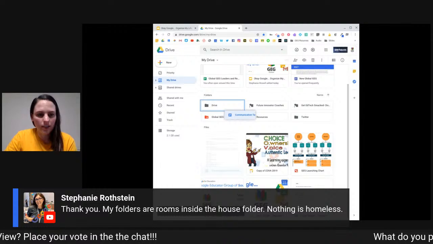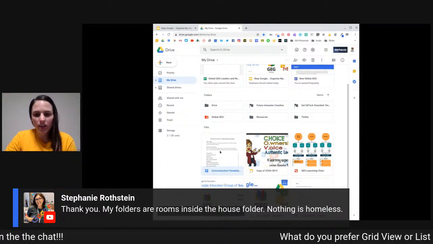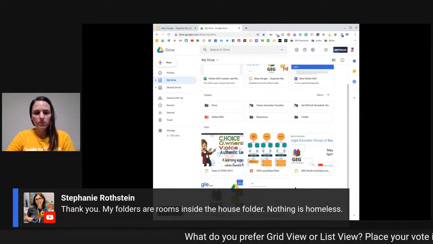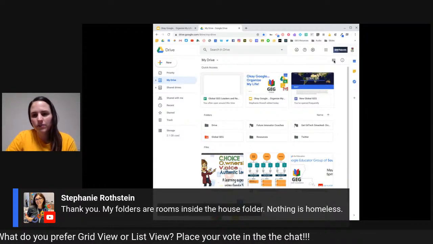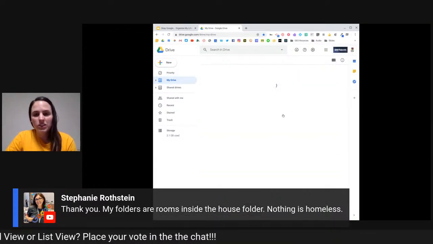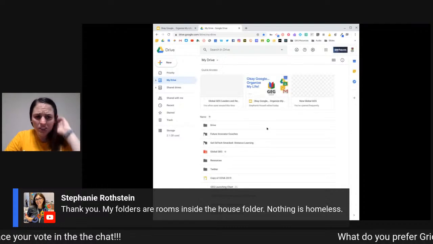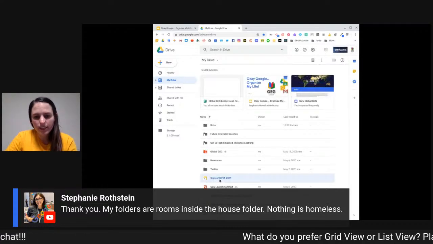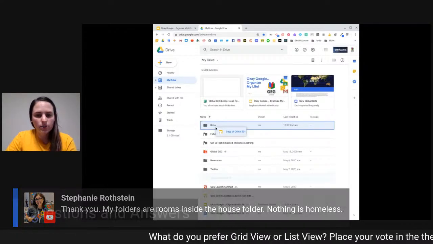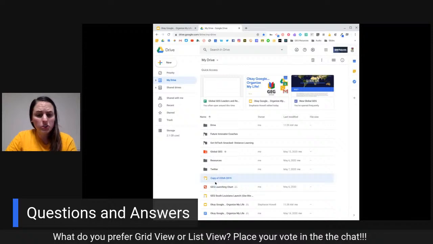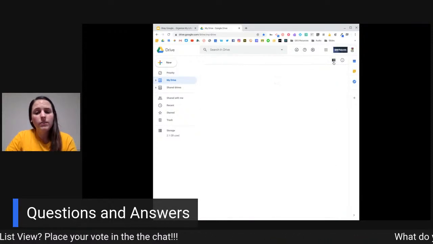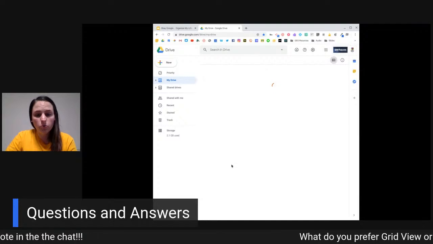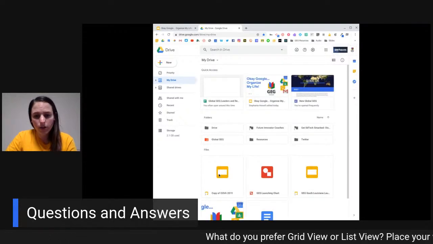See how easy that is with grid view? I mean, I just love grid view. All these little documents are just homeless and they need a home. But if you did want to use grid view or list view, you could go to list view and it works the same way. So you can just click your folder and then just drag it to that place. You can also do it the harder way, but this way I believe will save you time. If you want to do it the other way, two fingers, one click on a folder.